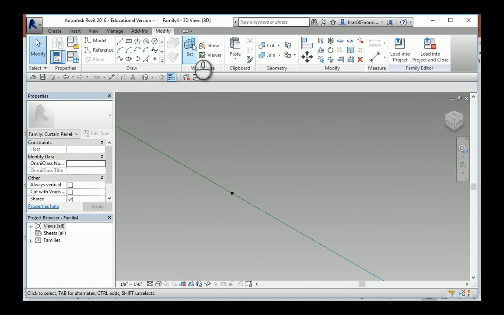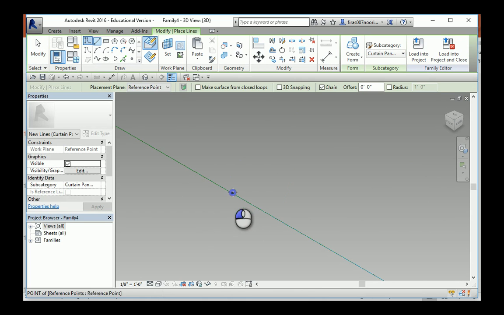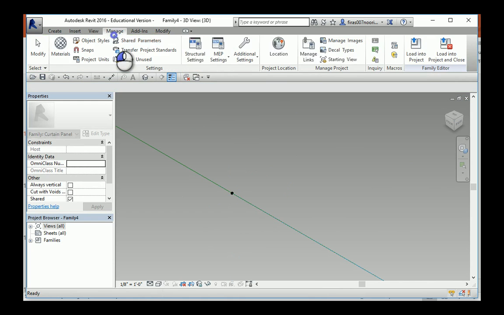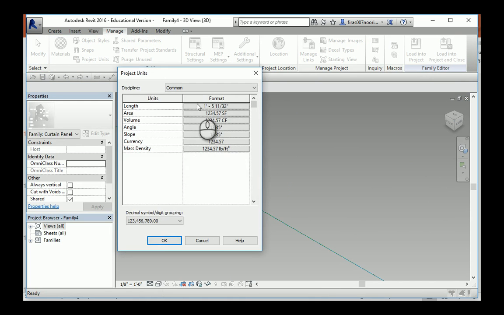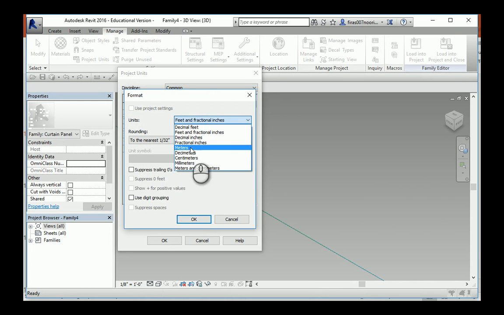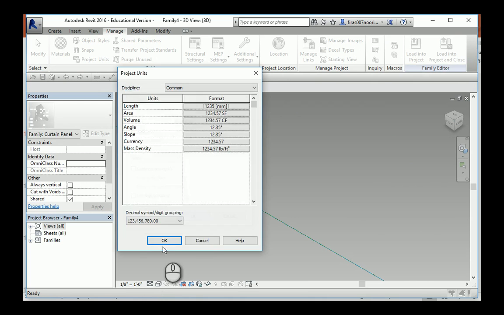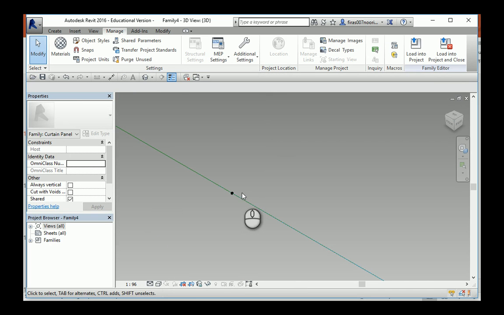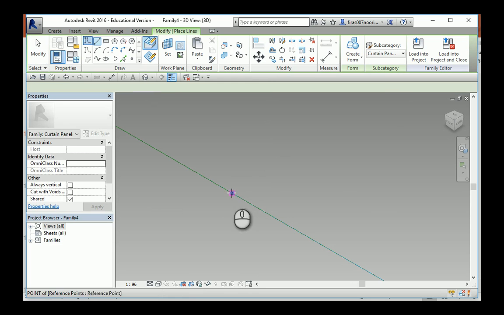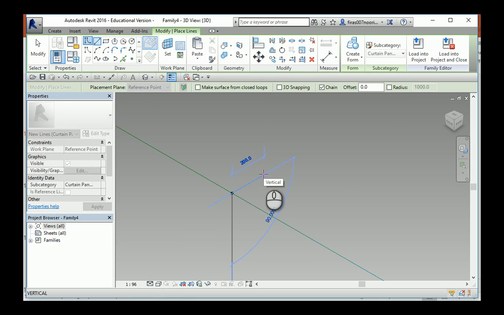Now I need to set the active reference plane based on this, so I'm going to take that and draw horizontally out. It's again the units, so I'm going to change this into millimeters, so it will be the same units used in the bigger conceptual mass family. So again, create line, and then go horizontally